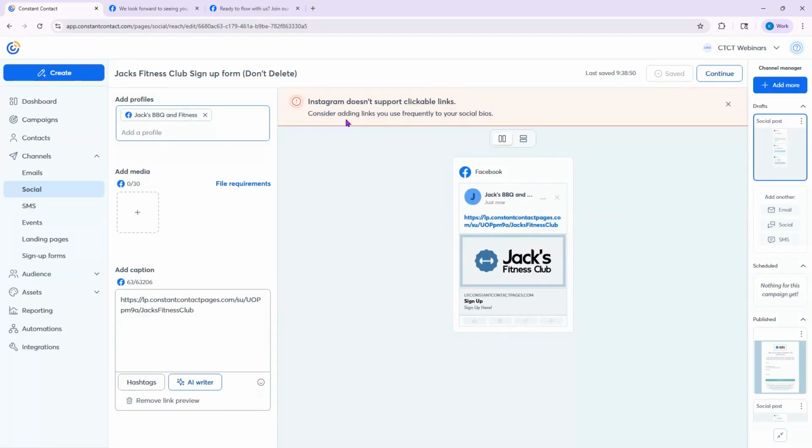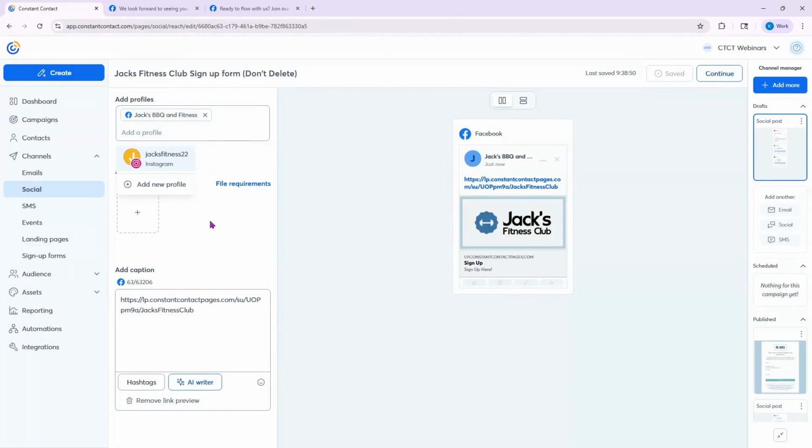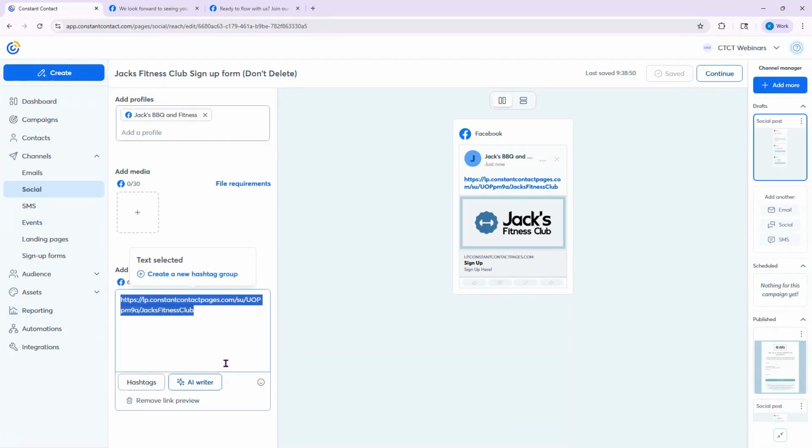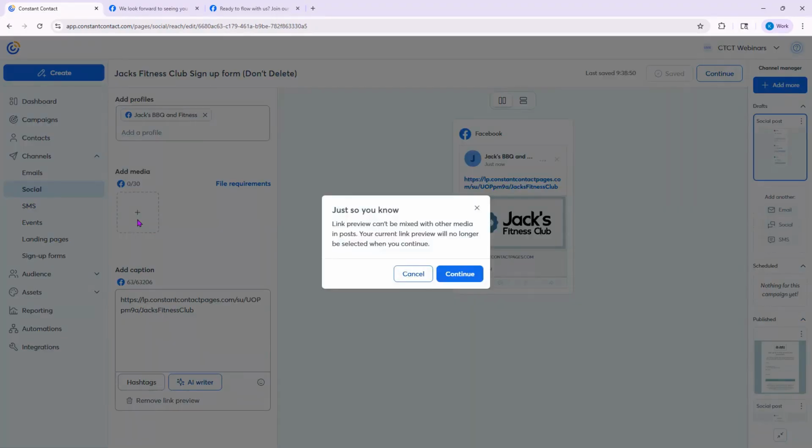And it does remind us here, and I'm actually glad this is a good reminder. So this would only really work well for Facebook if we're choosing between Facebook and Instagram. Instagram doesn't actually make links clickable in their caption. So that's why it's letting us know to only do this with Facebook, which makes sense. And then it has the link to that landing page in here automatically. So I don't have to copy and paste that or anything. This is just what people will need to click on to get to that sign up form. So then from there, I would just need to add a picture,